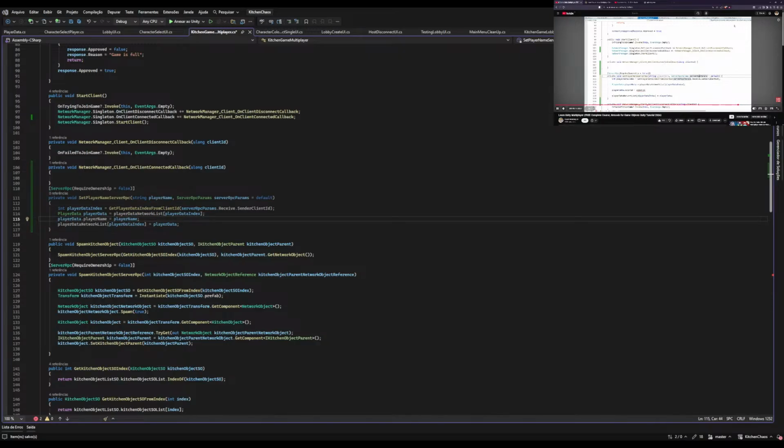From this server RPC params. Okay, that's great. Instead of modifying the caller ID, let's modify the player name into this player name. So all that's left is over here when the client connects. Let's trigger the server RPC and pass in get player name and update it like this. Okay, so that is going to do it for the client, but then the server